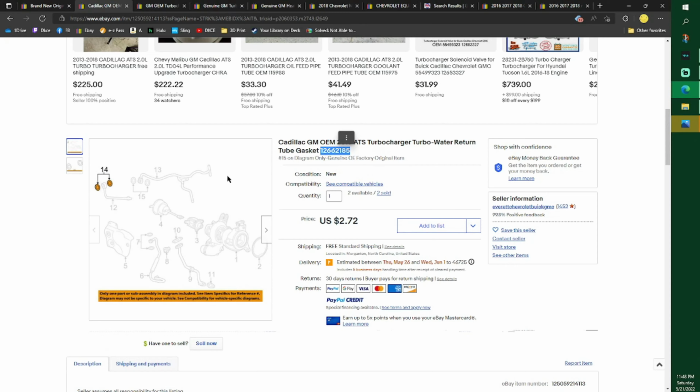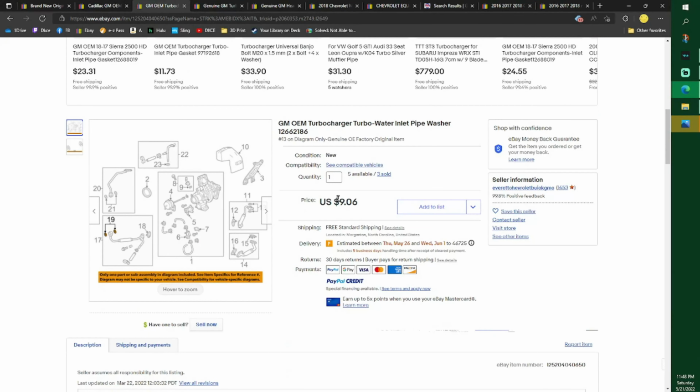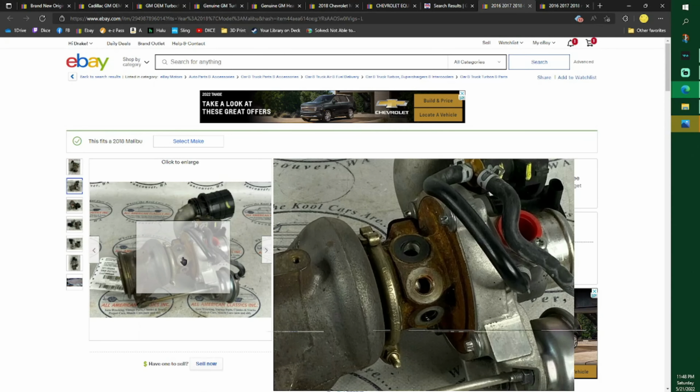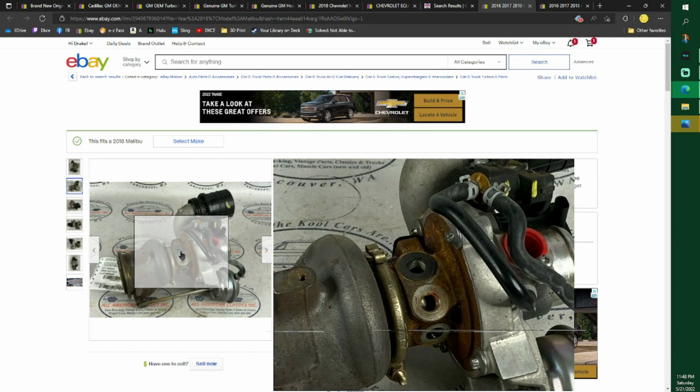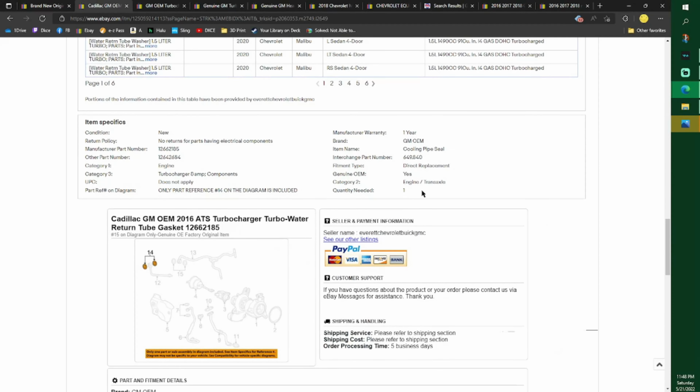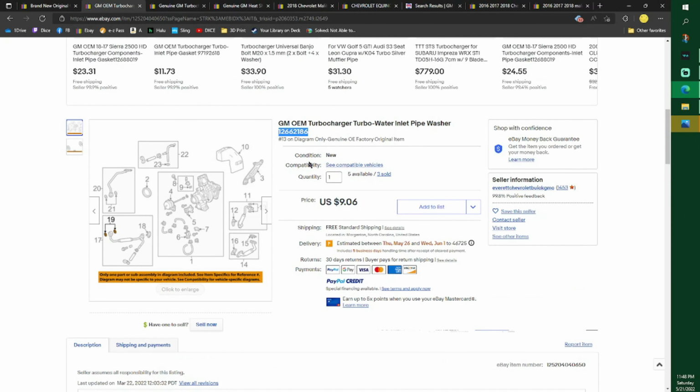This is the part number that you need for this, but I would buy 4 of these. This is the same bolt, same bolt, same bolt. These 2 are the same bolt, 2 different part numbers, same exact bolt. I would buy not this part number. If you do want to buy this part number, you need 2 of these. I do not like this, and that's probably the 2 that are me. It also says you need 1, and you do need 2. I'm going to delete that one now. I would buy 4 of these